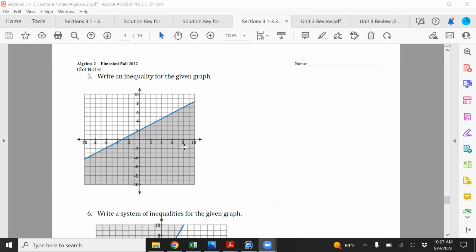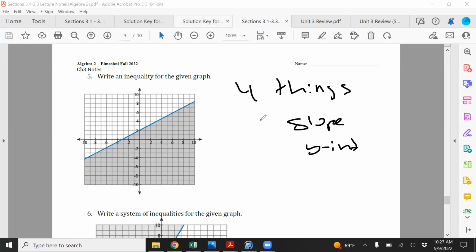Okay, these guys here. So these problems, what you're asked to do is work backwards. You're given the graph. I am going to ask a question like this too. You're given a graph, and you have to give me the inequality. So 4 things: slope, y-intercept,